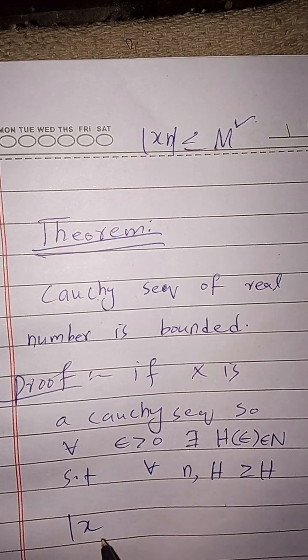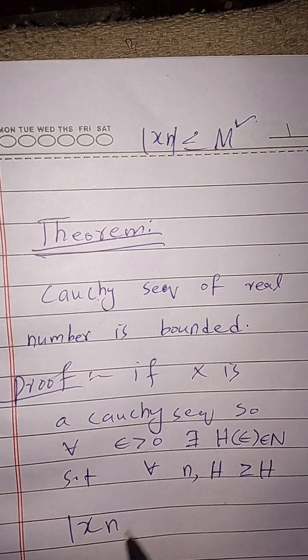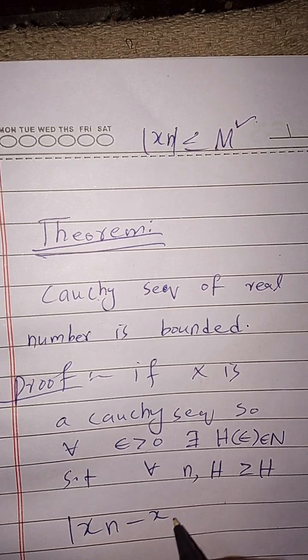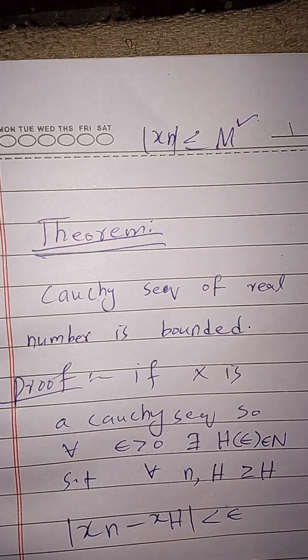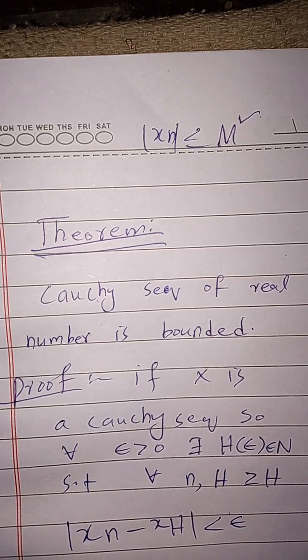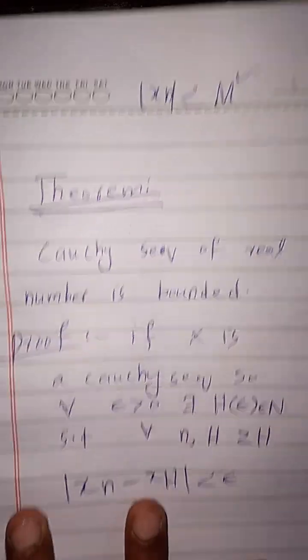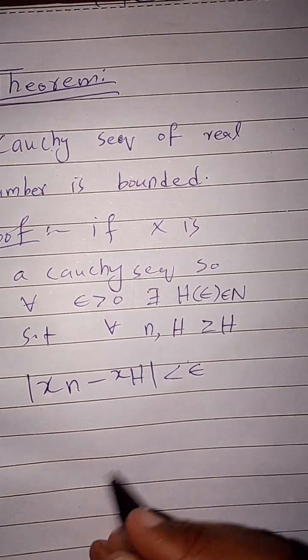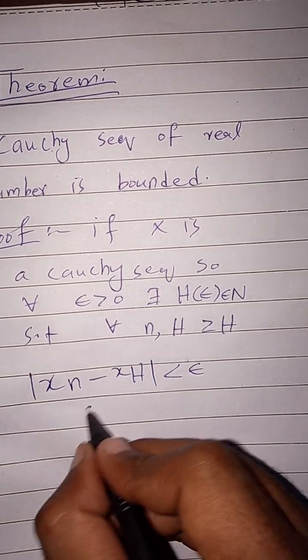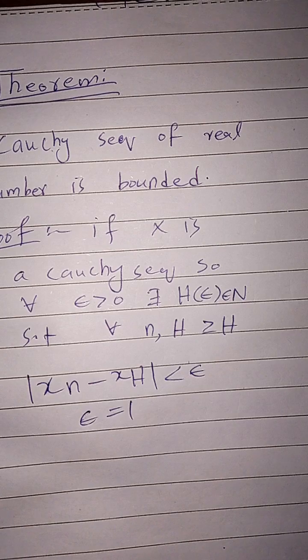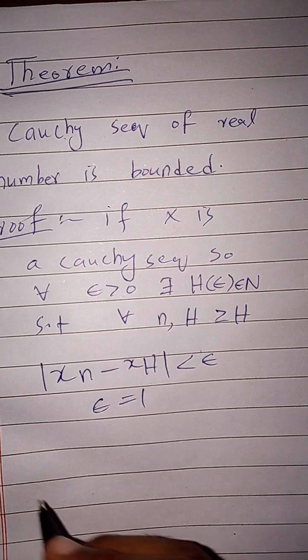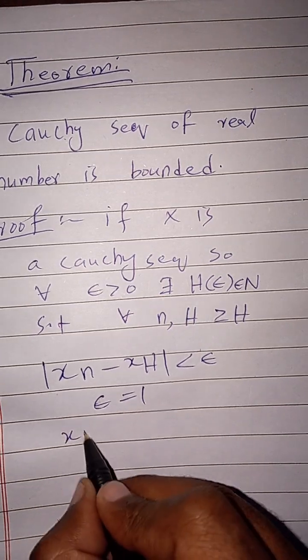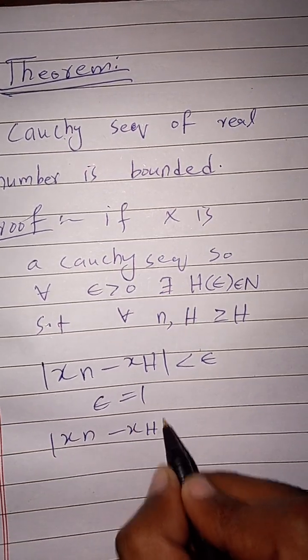It is given that for any positive number, we have xn and we have another number xh whose difference is less than epsilon, and let us suppose that epsilon is 1, because we can take epsilon to be any number. So let us take epsilon equal to 1. If we take epsilon as 1, then we have to show that it is a bounded sequence. Then xn minus xh is less than 1,